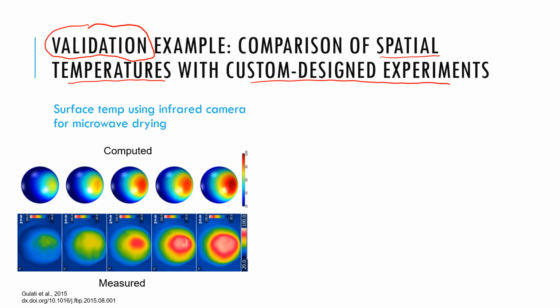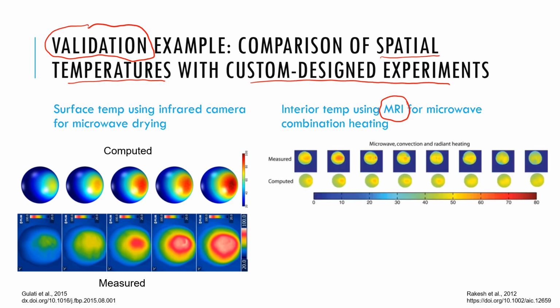So collaboration is the key. In this case, we're getting interior temperature using MRI for microwave combination heating. So that's how it looks. We took a cylinder of a gel that has food properties, and we looked at a section of this gel, and that's what you see here as the measured temperature, and we compare that with our model